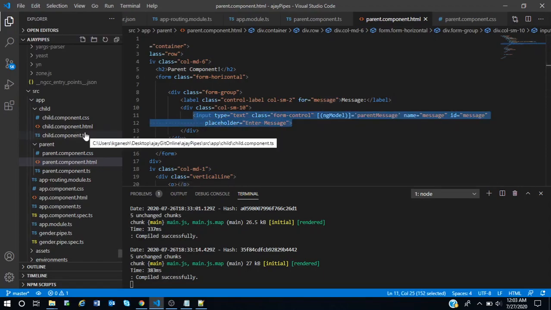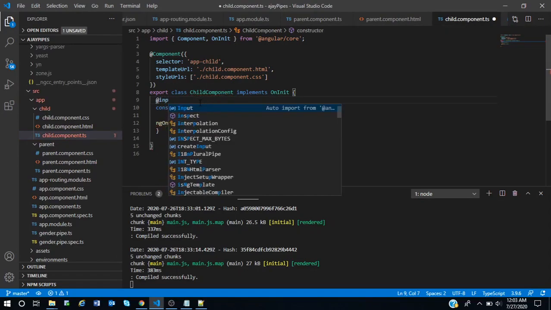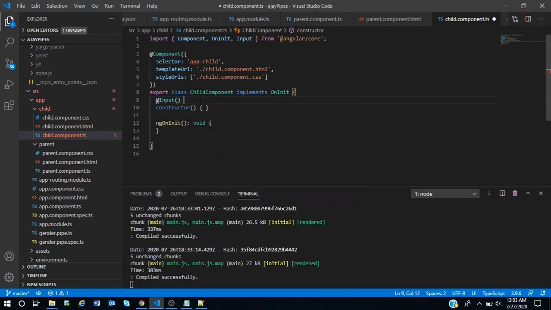Now come back to the child.component.ts file. Here declare @Input and give it as childMessage, or simply message, of type string.